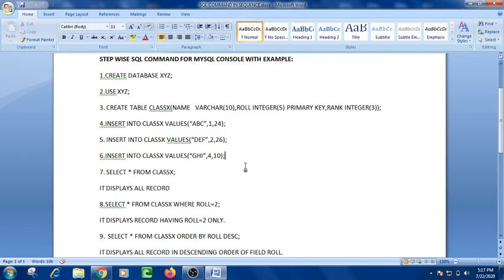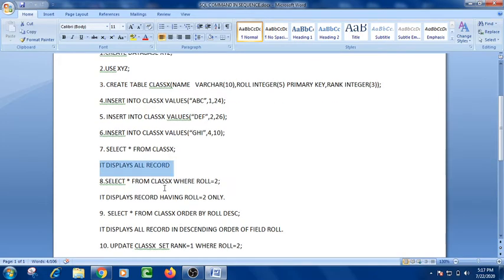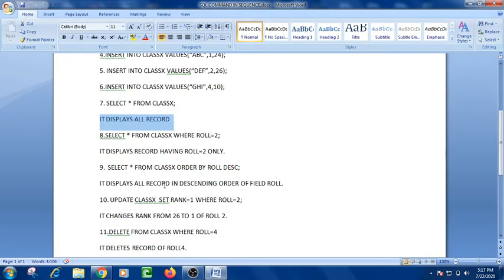Select star from class10 means select all records from class10. Then it will display all the records present in the table class10. Now there are two ways to use the select command.